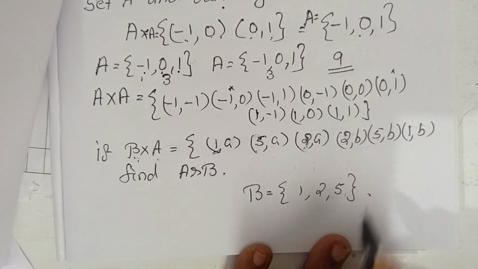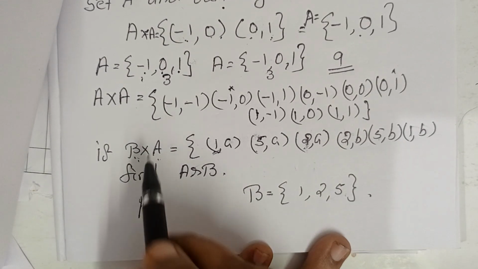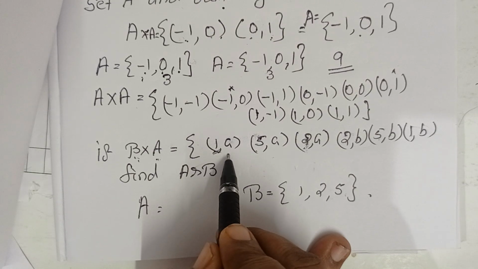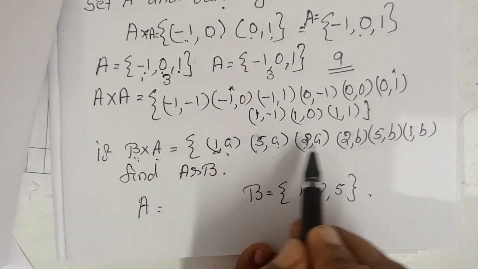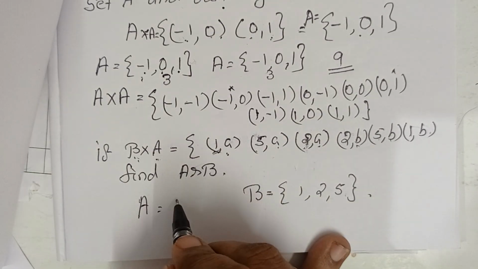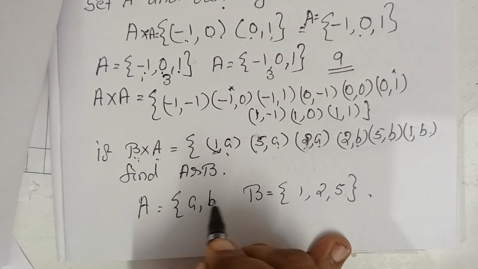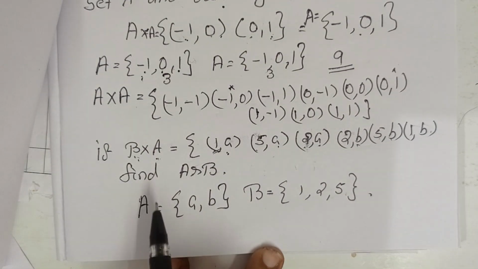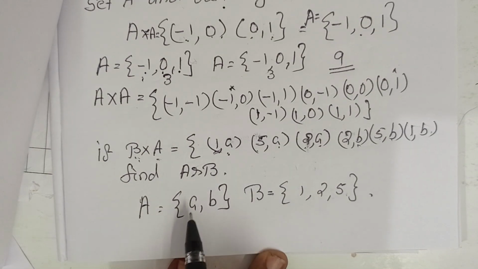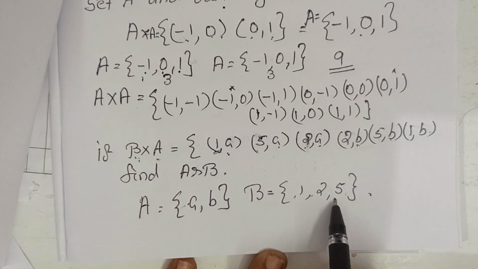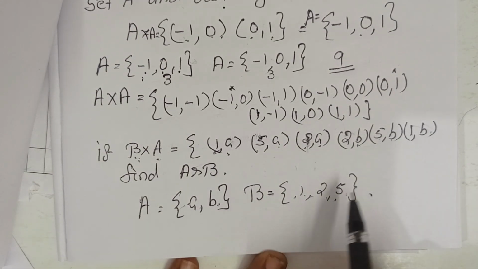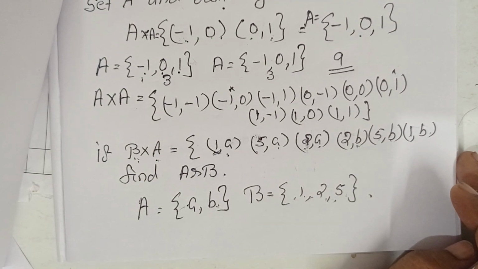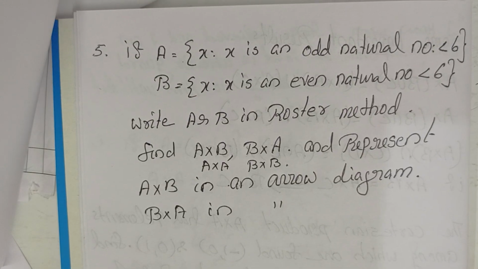That is from B. Then what is A here? Here A is the second component. I think only 2 elements, A, B. Therefore, the set is AB. Is it okay? Suppose question is again, but write A cross B, A1, A2, A5, B1, B2, B5. Okay, students? Write the last question.